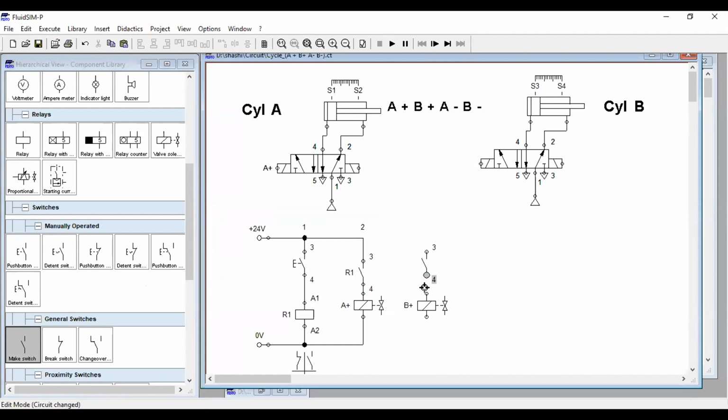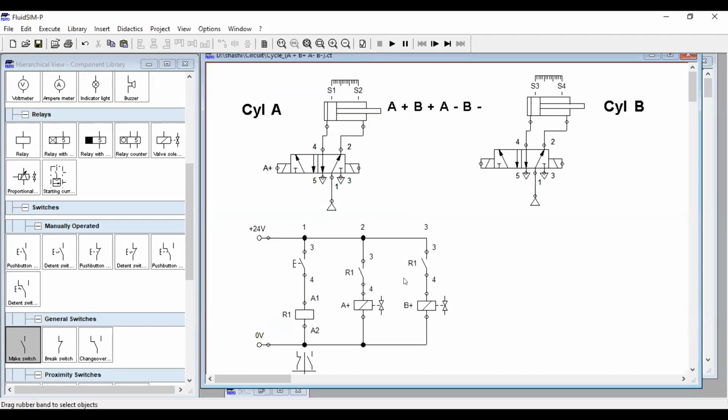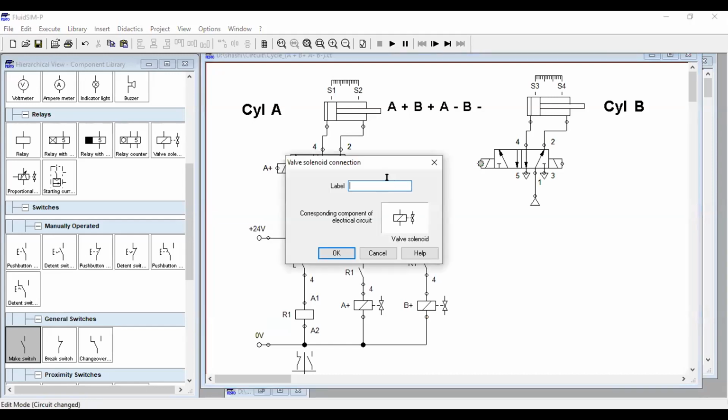I will connect this switch to this point, from this point to this point, and again this point to this point. Now I can name this switch as R1 again, so that I'm using the same signal from this relay to operate both switch A plus and B plus. Now I will name this solenoid valve to operate the cylinder by using B plus.